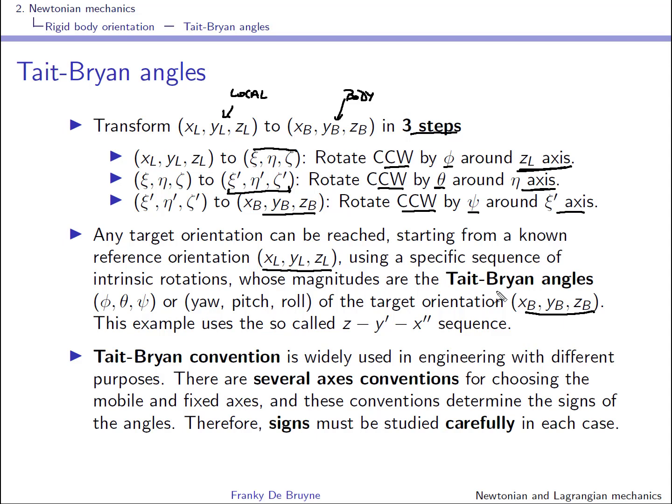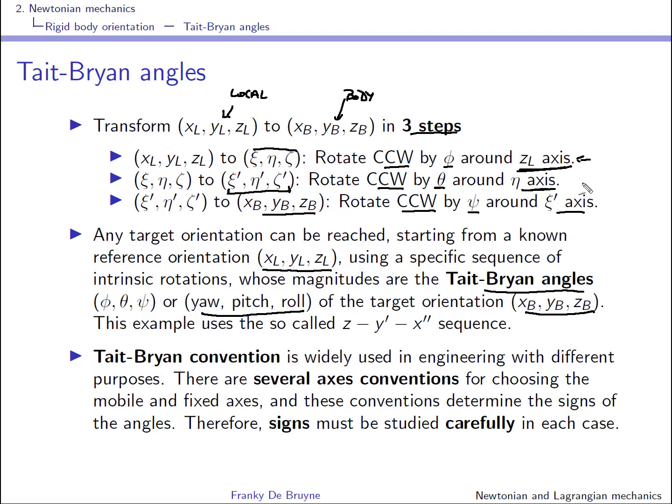And you use 3 Tait-Bryan angles, as I've said, phi, theta and psi, and they are denoted yaw, pitch, roll. What is important here is that we first rotated around the original z-axis in the local frame,